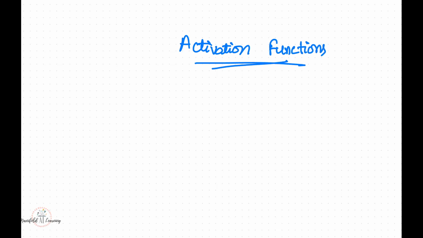Okay, let's consider this simple scenario. I'm having a perceptron. When I say perceptron, it's actually a single neuron, and let's assume it takes two inputs, x1 and x2. These are the two inputs that this perceptron takes, and let's assume w1, w2 are their respective weights. Along with the weights, this neuron has its own bias term.